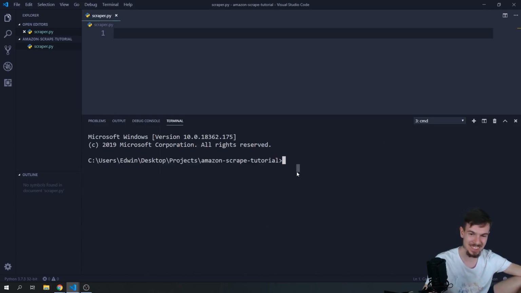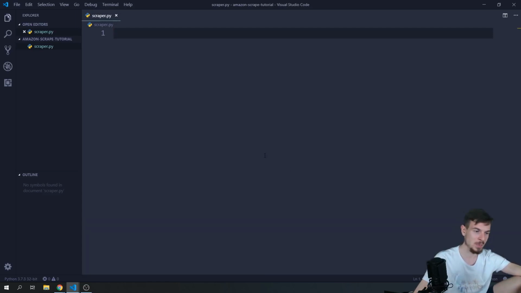Okay, so what you can do is say npm. Actually, npm is not what we want. Okay, we're working with Python. We can say pip install requests and bs4. All right, I'm gonna explain what these two things do. So install those two. After you do that, we can import, let's say import